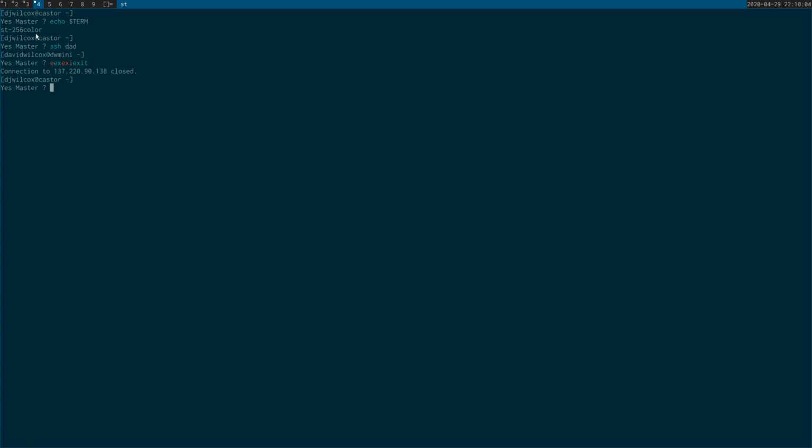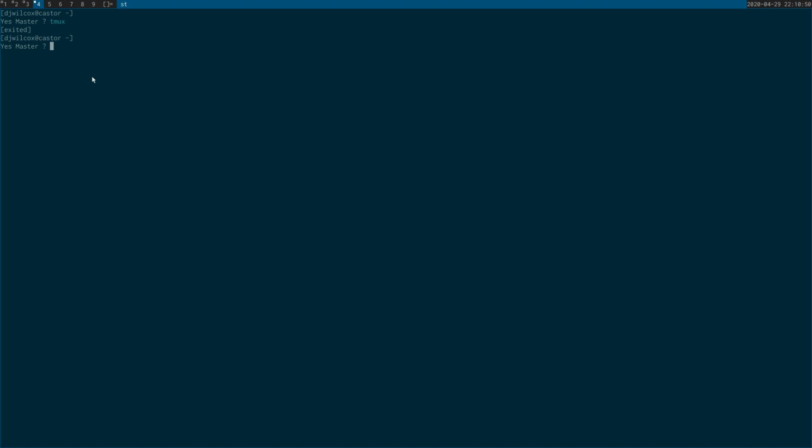So the solution is, we're going to run tmux before we SSH into the machine. If I now run tmux, and if I now echo term, you'll see it's identified as screen, okay? If I now SSH into the machine and I type, no double characters, and I can now exit that. I'll exit tmux. That's basically because we changed the terminal identifier, and this is the best way to do it because